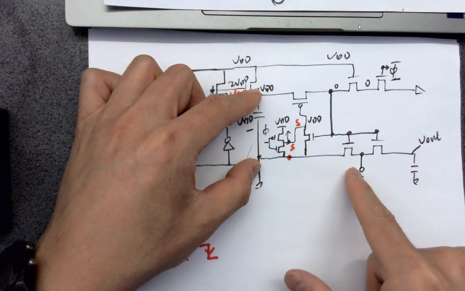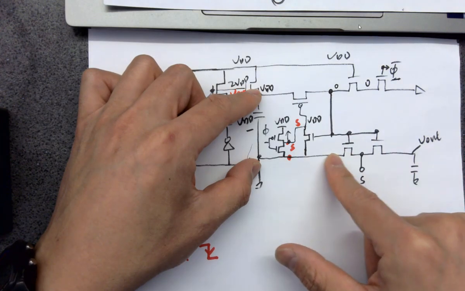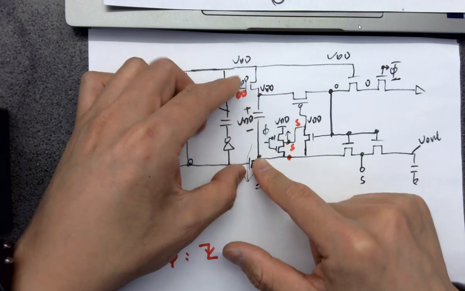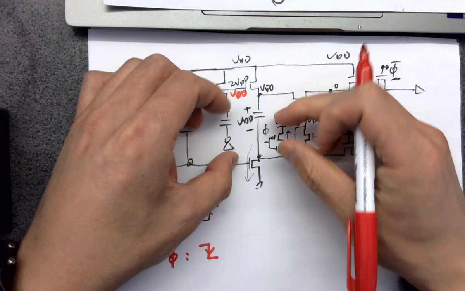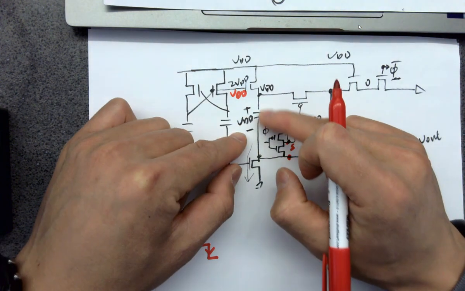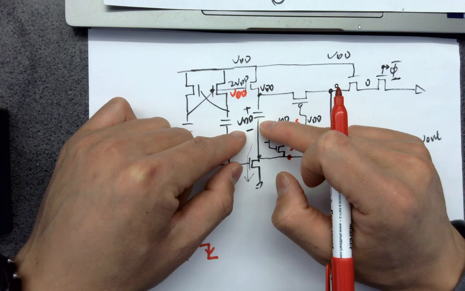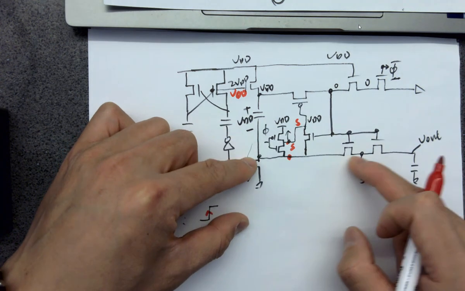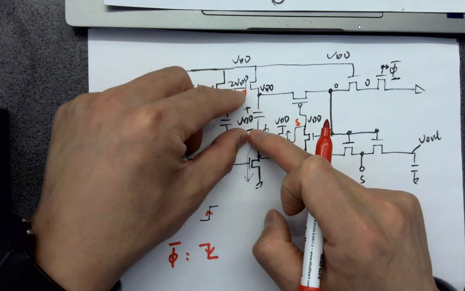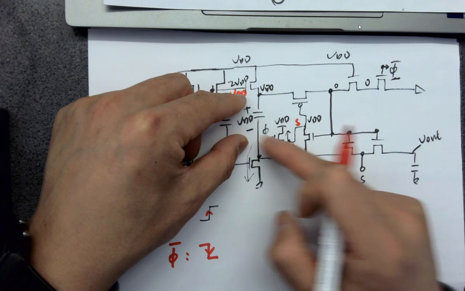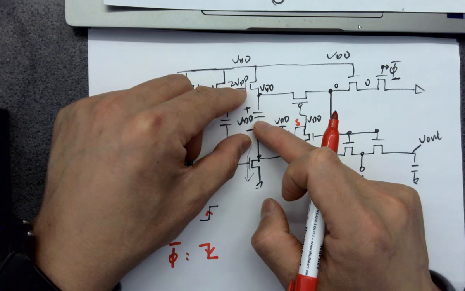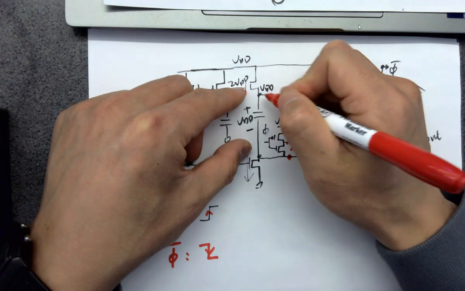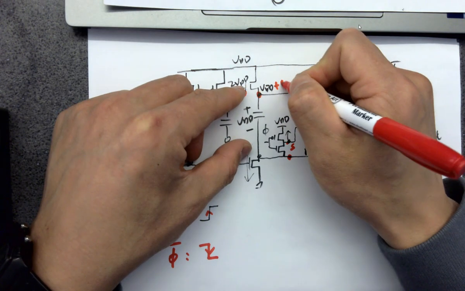So the signal voltage is going to pass through this gate and be added to this VDD. So eventually, the voltage here, remember from the last phase, this capacitor is storing a floating charge of VDD, and now you are adding this little signal voltage to this VDD. So eventually this becomes like a pulling and pushing, right? So adding to this floating charge. So eventually this node over here becomes VDD plus S,